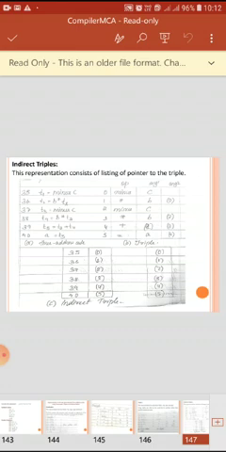That is why it is known as a listing of pointers to the triple. We do not have a direct relationship, but using the previous representation, indirect listing is done in this indirect triple.